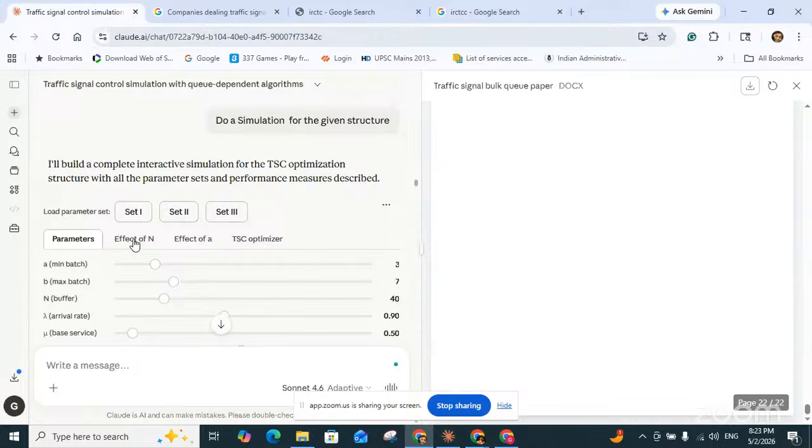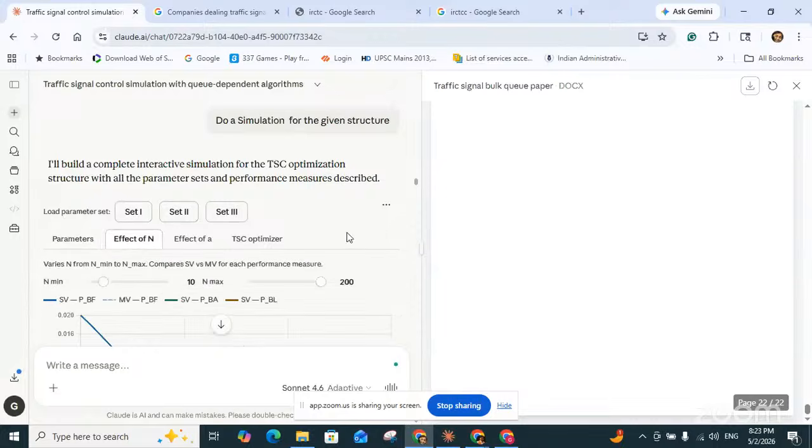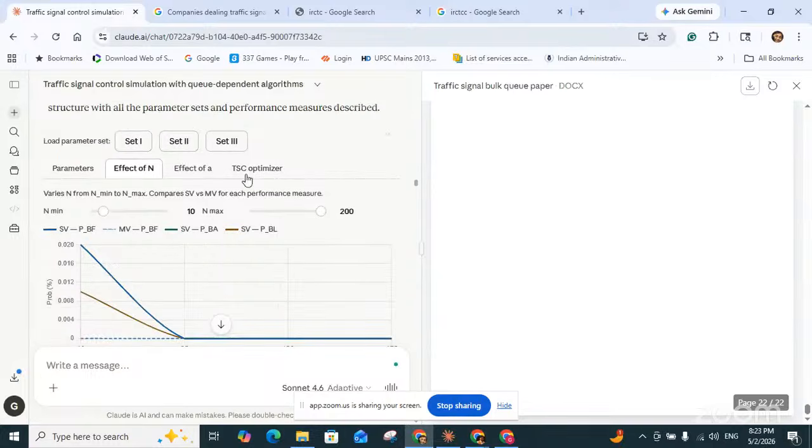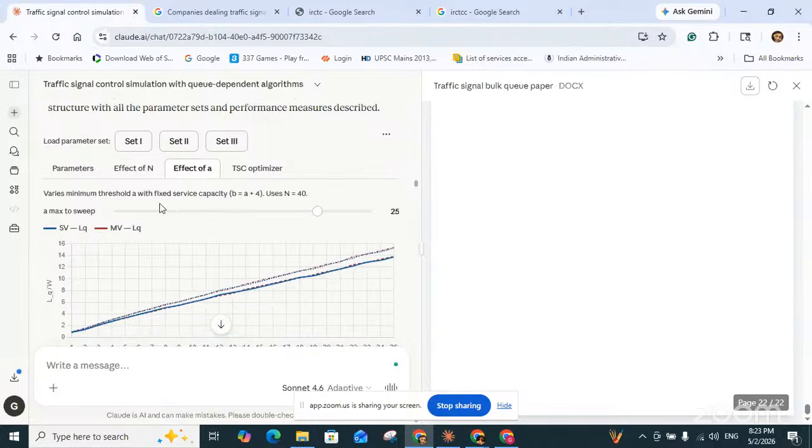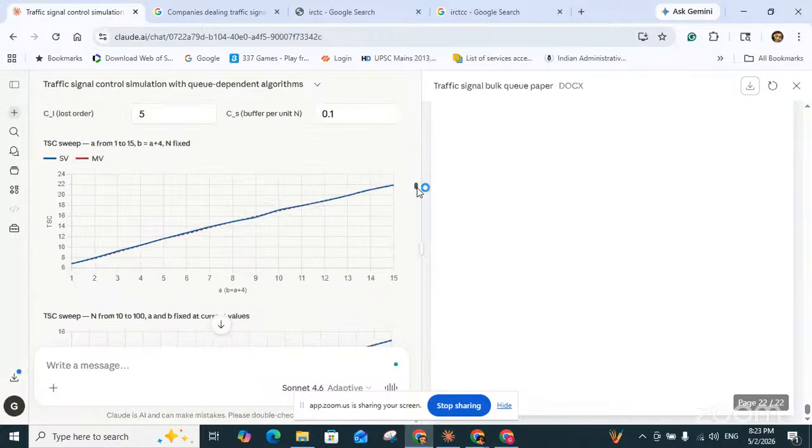These are the effects of n, where I have computed based on the number of buffers, and some effect of another parameter a. These graphs are similar to my published paper. TCS optimizers are also there.